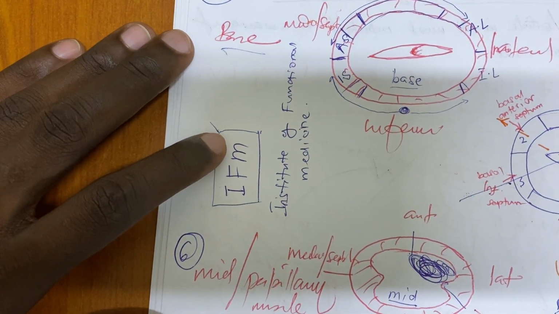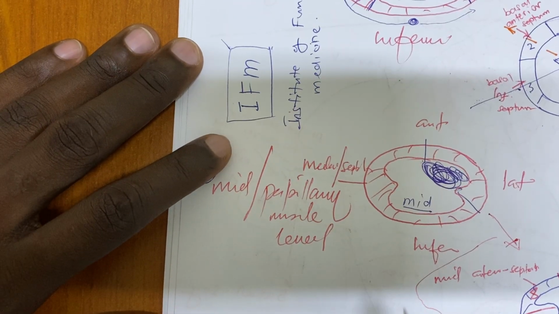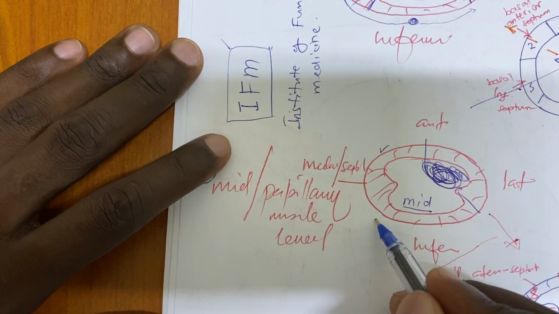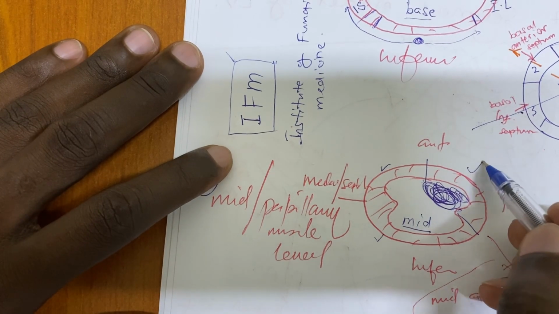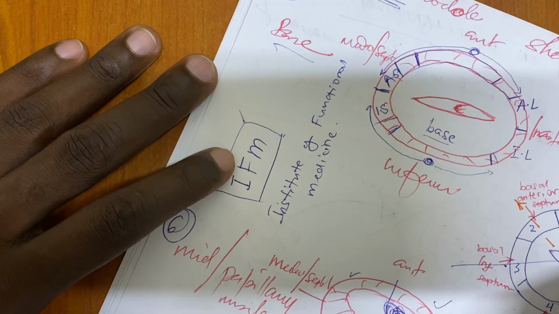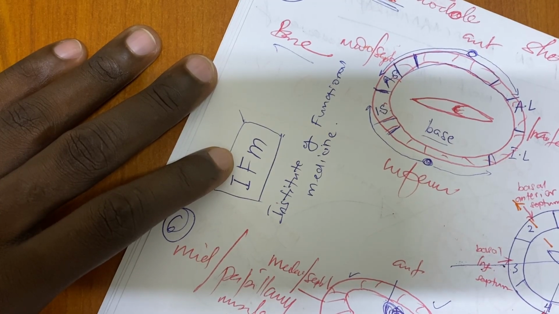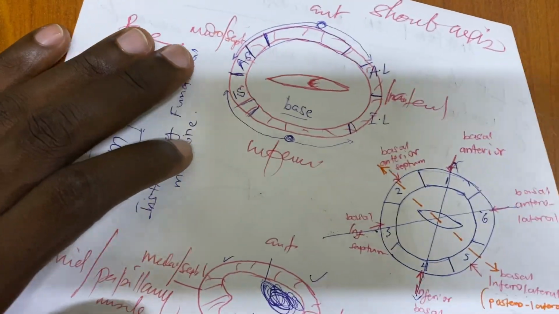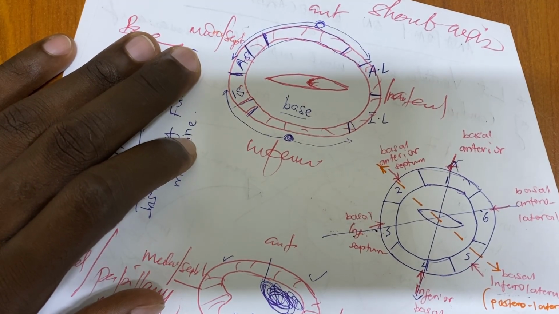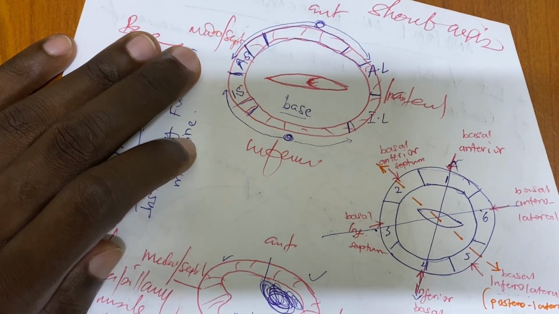This one is done. Anterior septum is done. And then inferior septum is done. Anterolateral is done, and this one is done. So what is remaining is connecting anterior and inferior. So we are going to connect anterior and inferior, because that is what, when you are doing it, you have